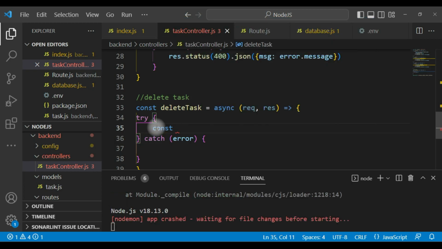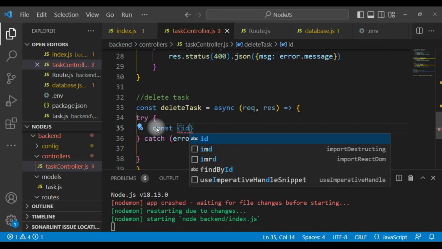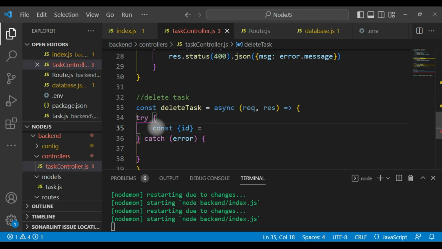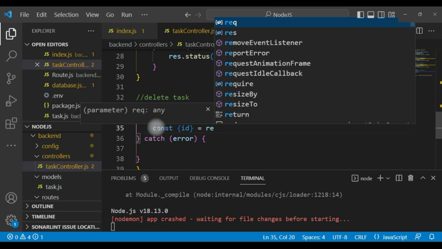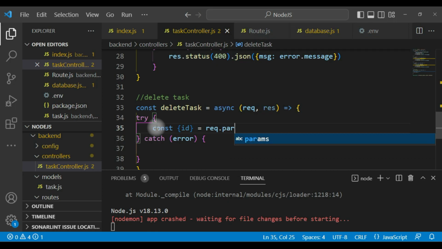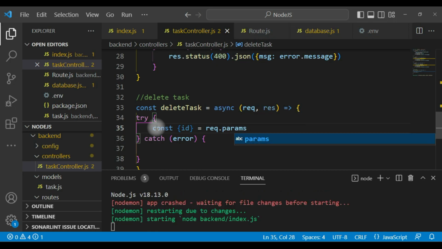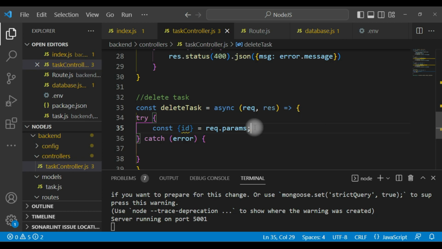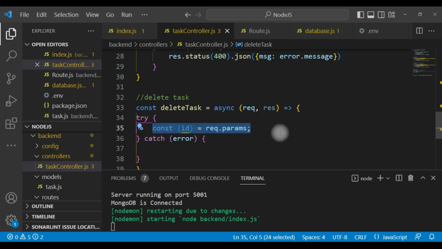So const ID equals to request dot params. From that we are extracting the ID of that task.